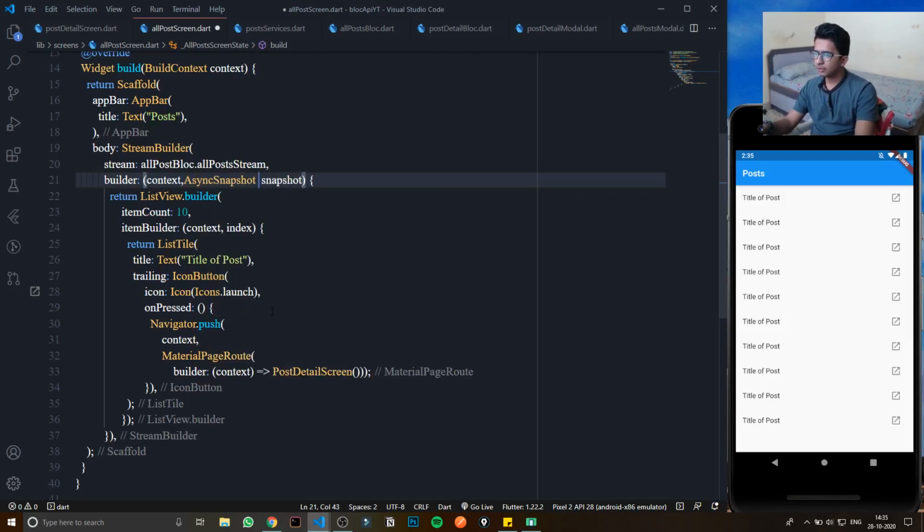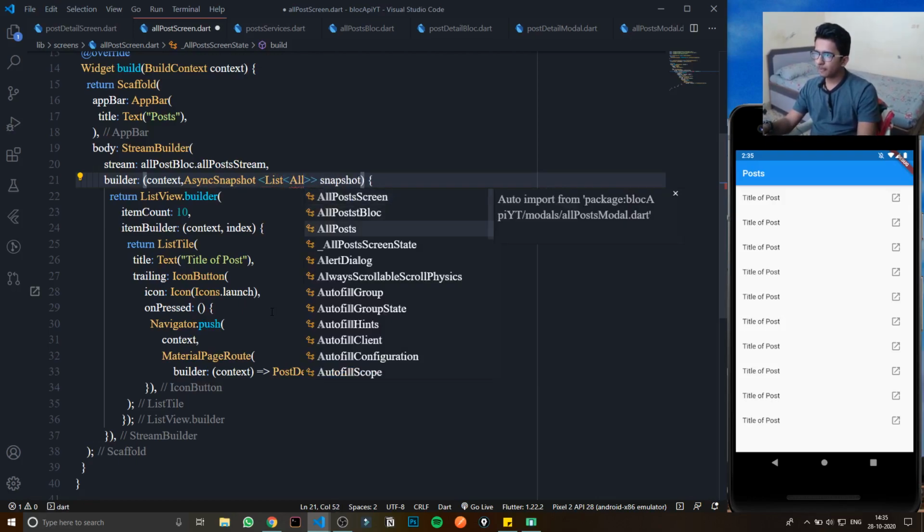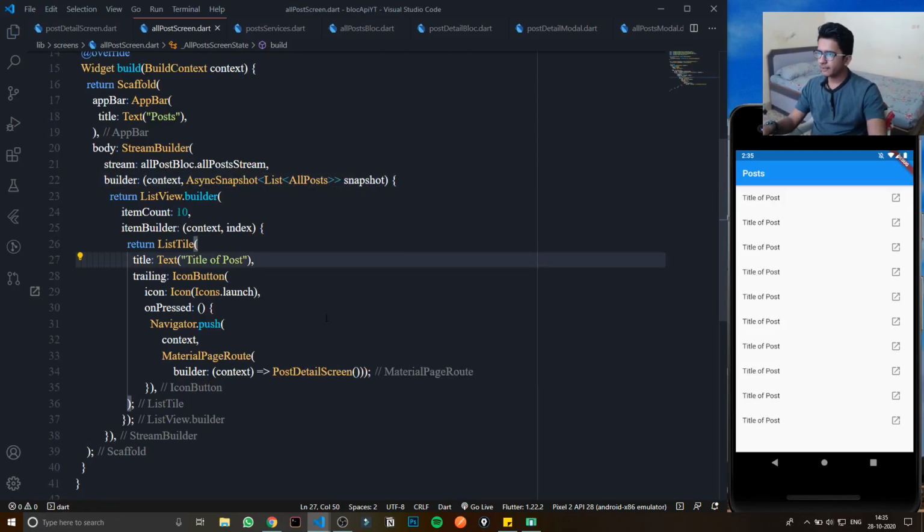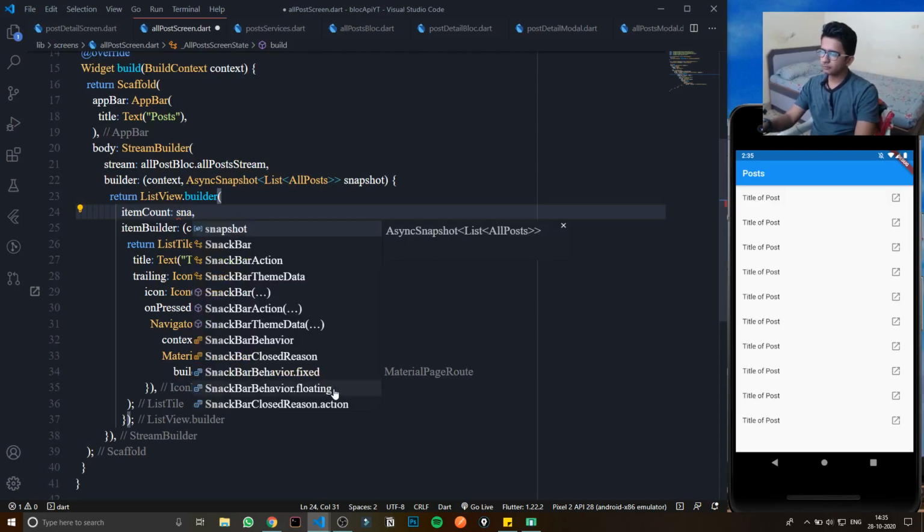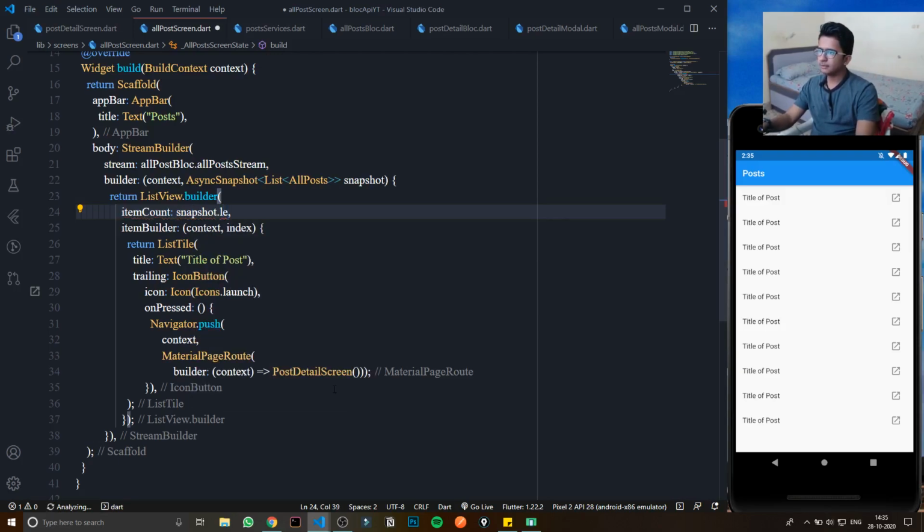In AsyncSnapshot I can specify the list of all posts, and then I can use snapshot.data.length. I can use this, right?